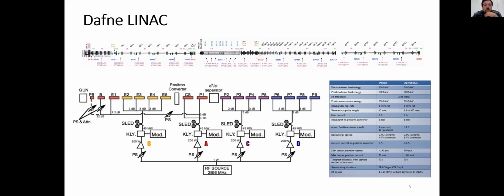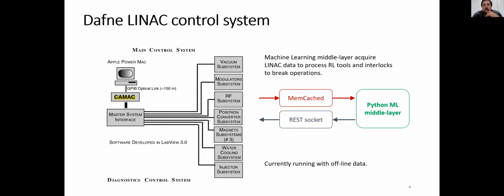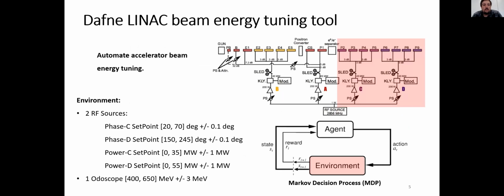Here at Frascati, we have the DAFNE complex, in particular the electron and positron LINAC, able to work up to 500 MeV for electrons and positrons with 4 RF sources. The machine has 30 years of operation, so as you see here, it comes with a very old control system that has been updated over the years. Now it works with Linux machines in a virtualized system. We developed a middle layer framework with memcached communication to acquire data for the Python middle layer and push commands with a REST socket. In this context, we apply our